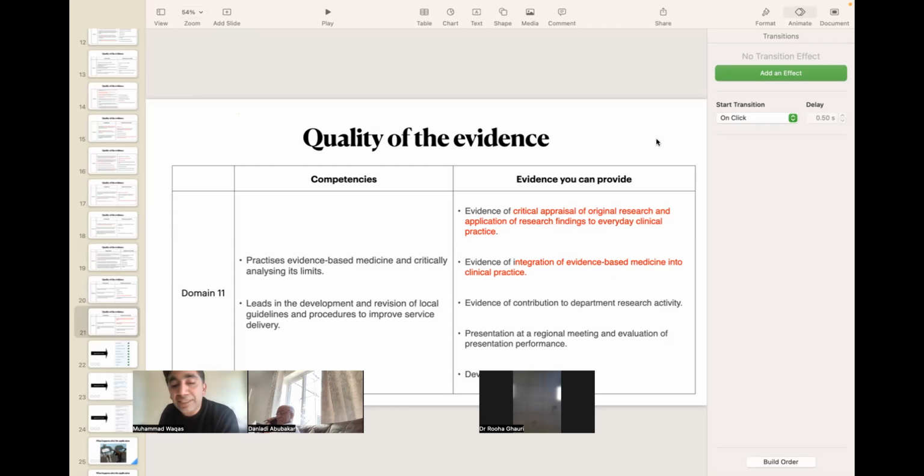Or you can also send an assessment of ACAT to your consultant or senior, that you have done the acute care management of a sick patient, right from the start to the end. So that is basically multiple source evidence, taken from multiple resources in different formats. That is triangulation. So don't just fill your application in a simple plain way.